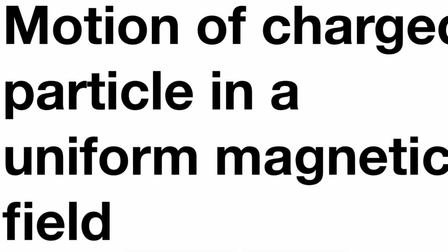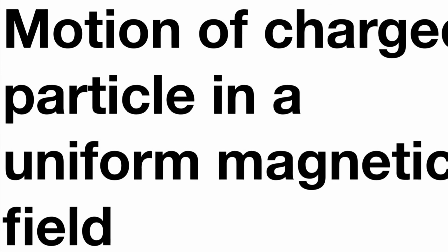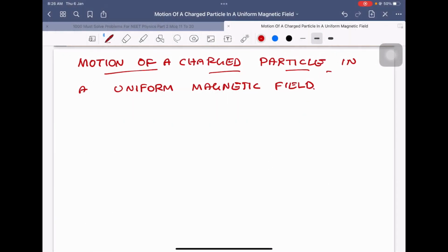Hi dear students, today we will discuss motion of a charged particle in a uniform magnetic field. To discuss this, we need to know the equation of magnetic force. Magnetic force acting on a charged particle when it is moving in a magnetic field is given by F_m, right? So magnetic force is equal to